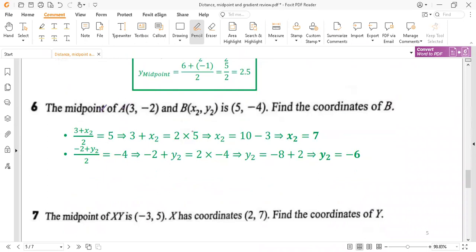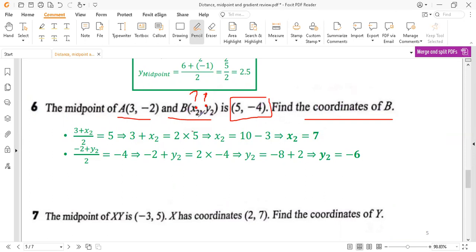But in exercise 6, we have a resemblance, or we can say we can use the formula to find any unknown. Like in this case, we have the midpoint of AB. So we have a segment AB, and the coordinates of the point P are unknowns, variables. We are going to find the coordinates of B when the point with coordinates (5, -4) is the midpoint